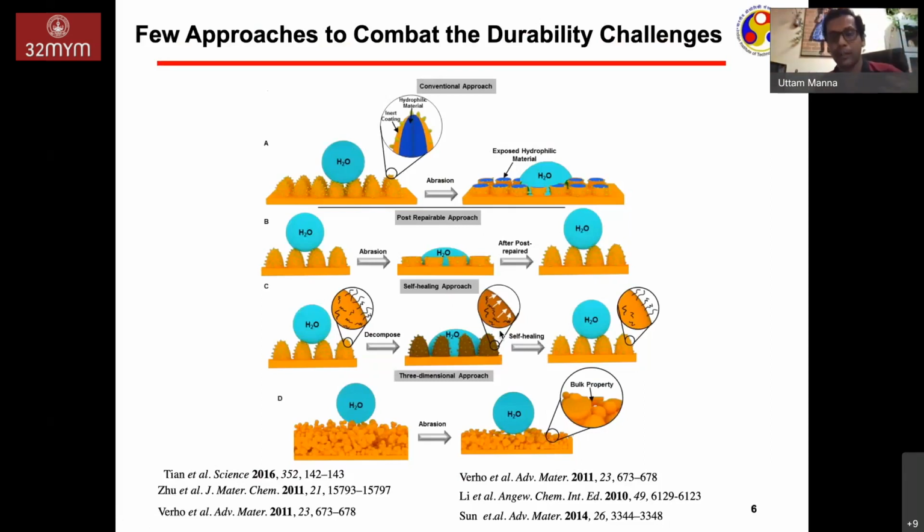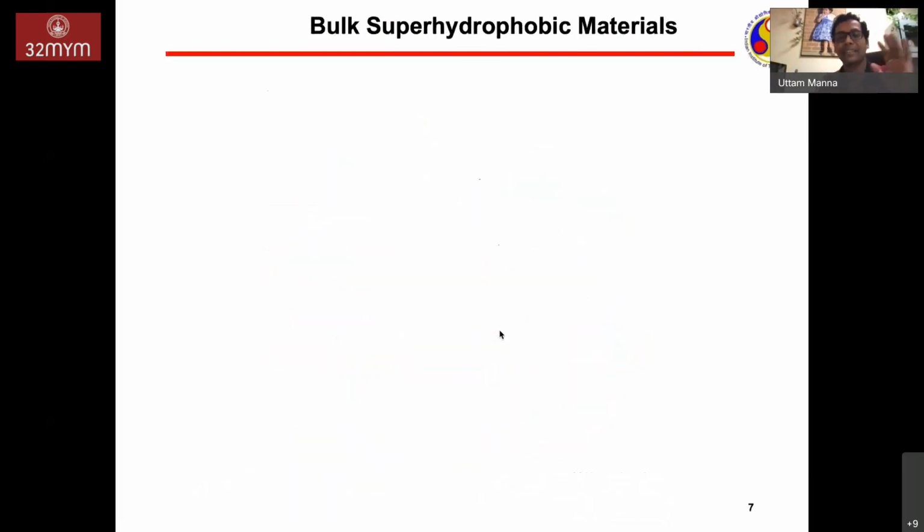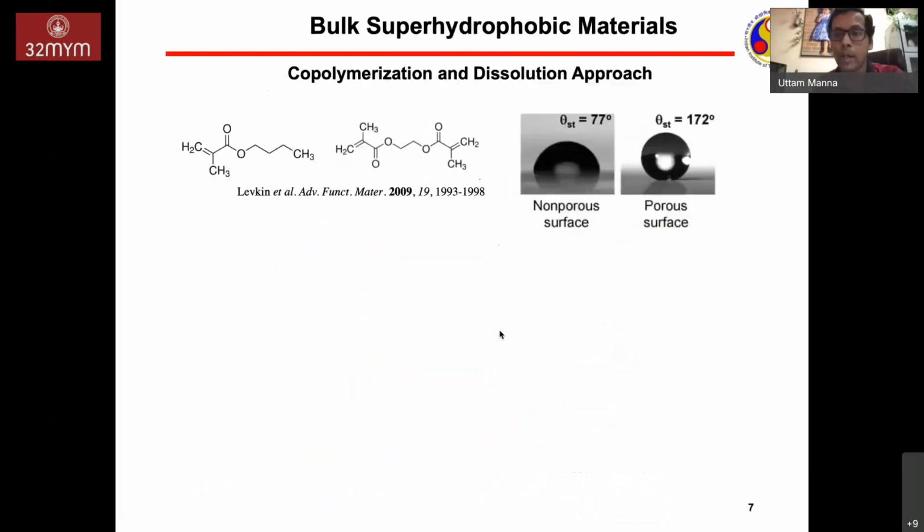Even though it's a surface phenomenon, you develop a coating in such a way that the chemical and the topography criteria are optimized all throughout. So even though the top interface is compromised and the underneath interface is exposed, it keeps continuing to display superhydrophobicity. But it is a very difficult job to get such a porous coating which has this co-optimization